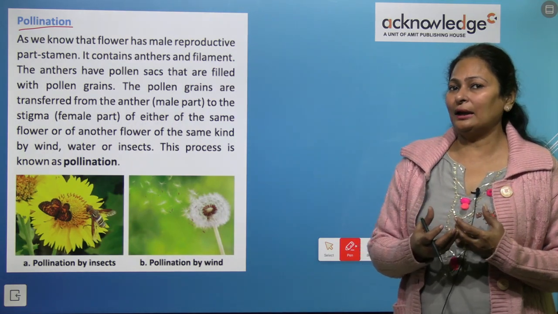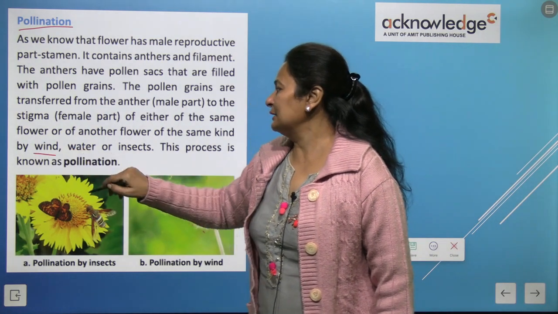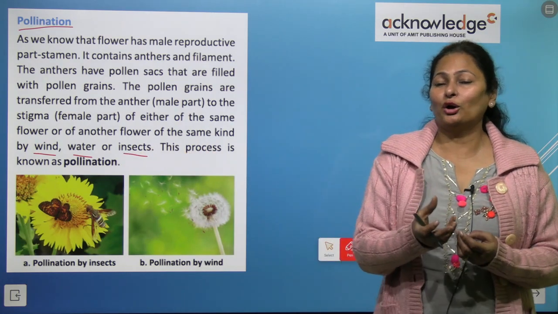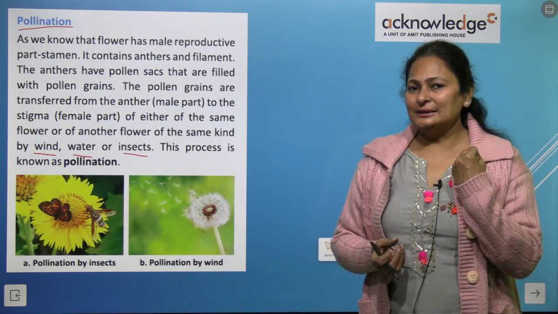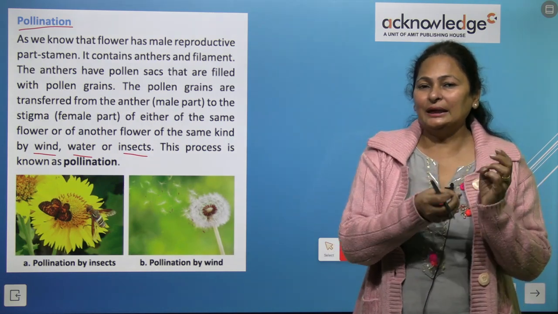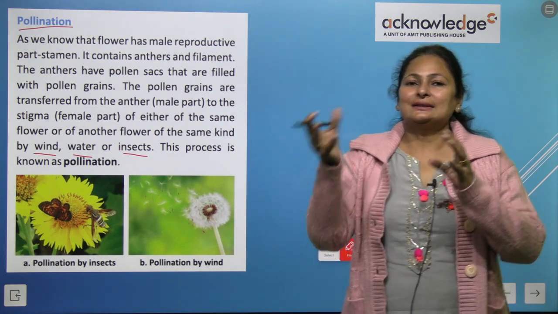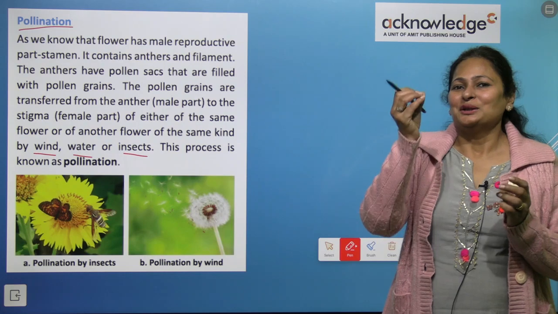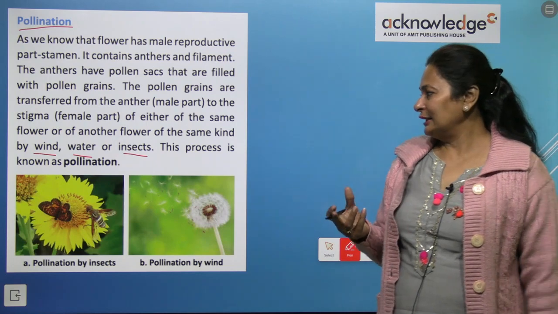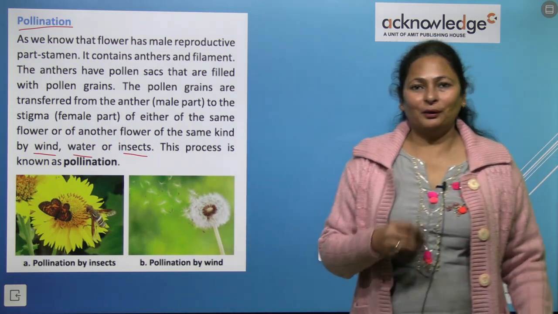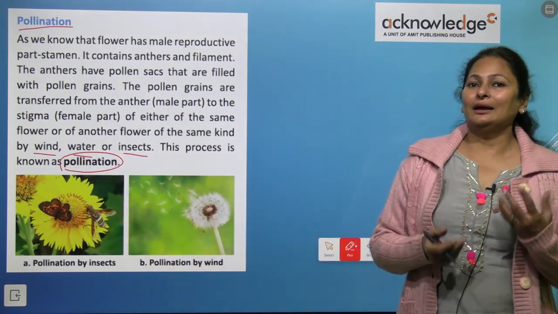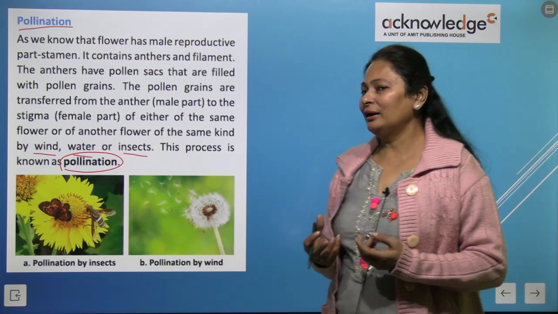And how does this take place? This takes place by wind, water, or insects. Some insects sit on the flowers to collect the nectar, right? So pollen grains are attached to their wings or legs when they sit on another flower. So they leave these pollen grains there, and it changes into fruit. So this process is known as pollination, and this happens with the help of water, with the help of air, with the help of